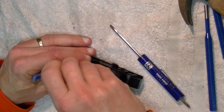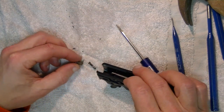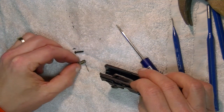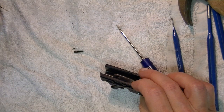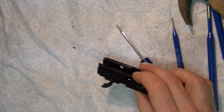Okay. I forget what you call this pin, but there it is. It just popped out, and it popped out with the trigger spring. So again, be careful with that. We'll set those off to the side. Now that those are out,